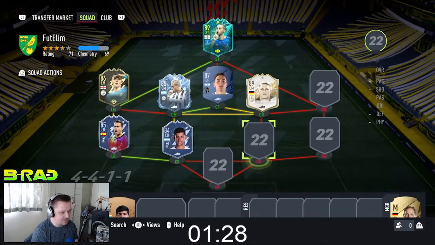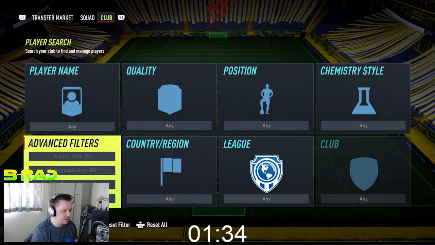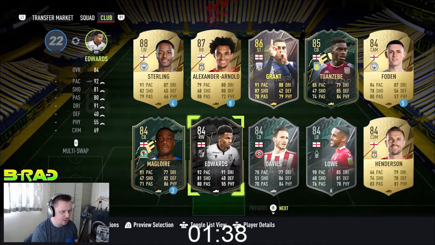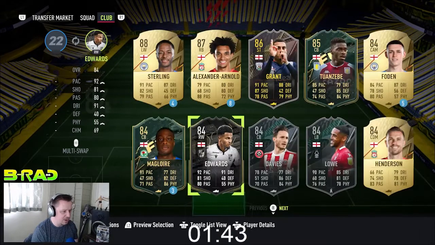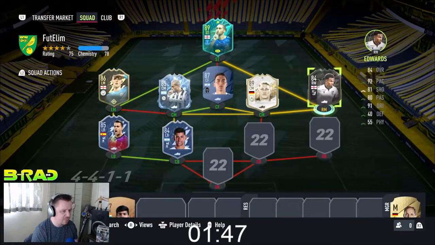What I'm now going to do is switch over here. There's an English guy that I've got that was, I think, a signature signing. Edwards, I think his name is, isn't it? On the right. Yeah, he's the only one I've got on the right hand side, isn't he? Yeah, I'm going to use this guy and then I'm going to try and link him off because obviously I've got the link there with...